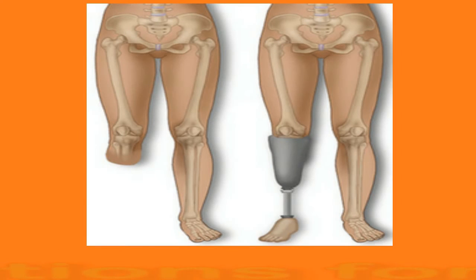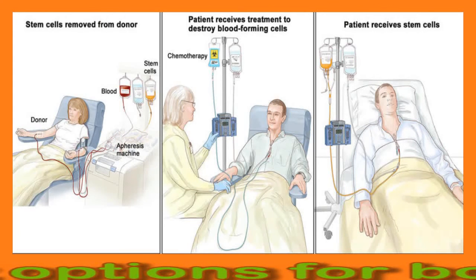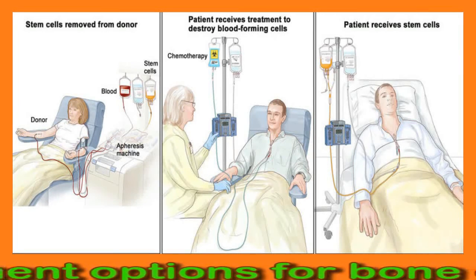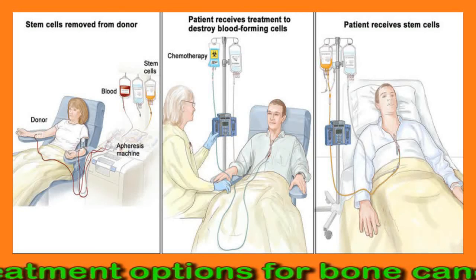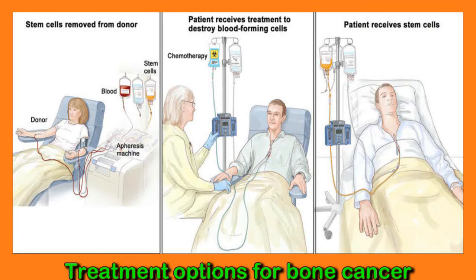Treatment options for bone cancer. Treatment aims to relieve pain, mend any fractures, and prevent or delay further bone complications. There are different treatment approaches for bone cancer depending on its type and how far it has spread in the body. This includes surgery, which involves removing the cancerous portion of the bone. Where possible, the surgeon will rebuild the bone after surgery, but sometimes they will need to amputate part of the